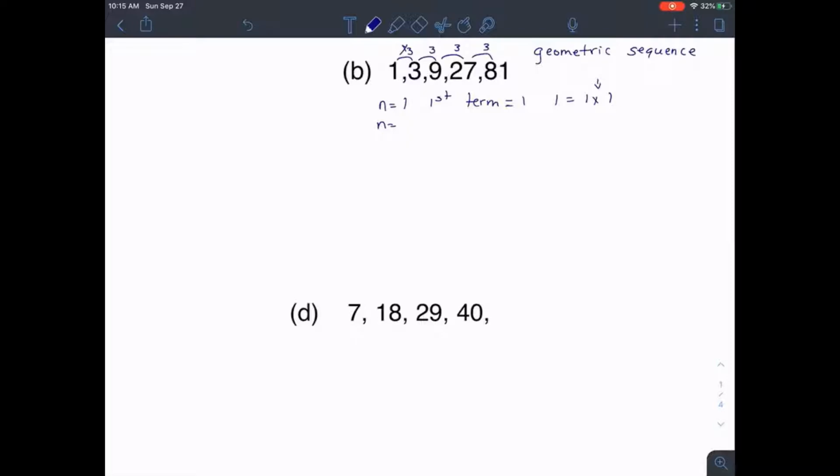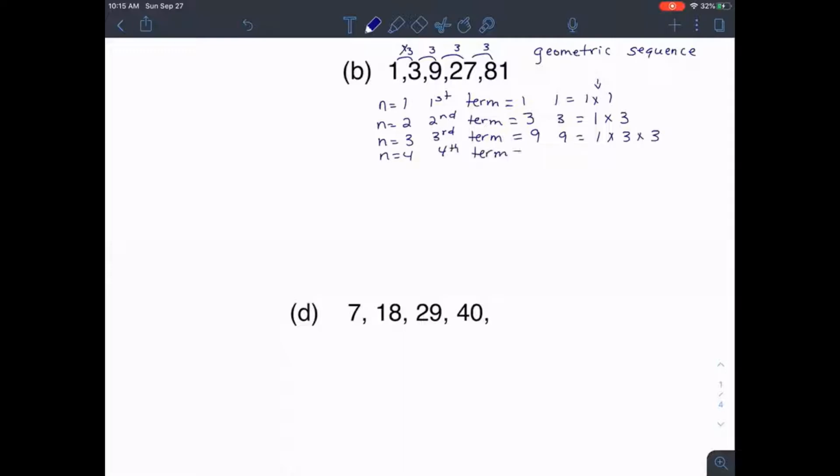So when n is 2, our second term is equal to 3. So 3 is going to be equal to our starting number times our difference. Then we have n equals 3, third term is equal to 9. So 9 is going to be equal to our starting number times our difference times our difference. And then when n equals 4,